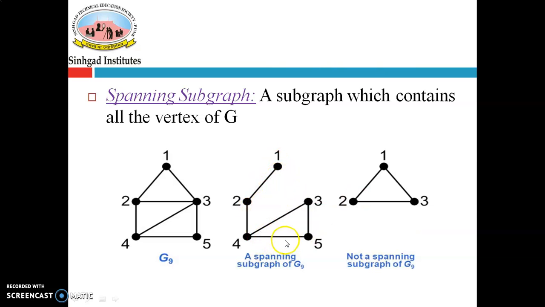So if you see this first example, that is 1, 2, 4, 5, 3, it contains all the vertices from the given graph, that is G9, and edges are missing, so it is a subgraph of G9, and it is called a spanning subgraph because it contains all the vertices of the given graph. But if you see the second subgraph, it is a subgraph but it does not contain all the vertices from the original graph, that is G9,